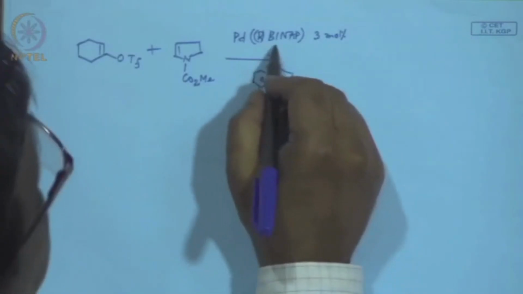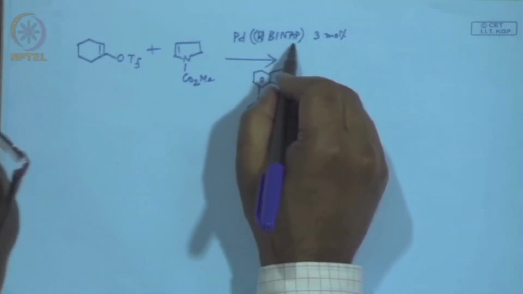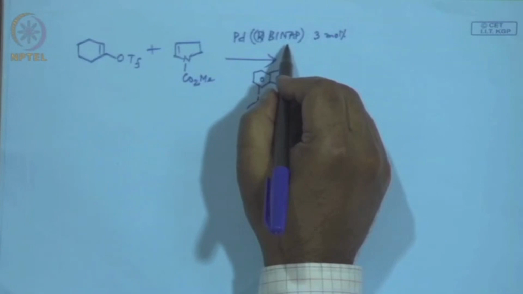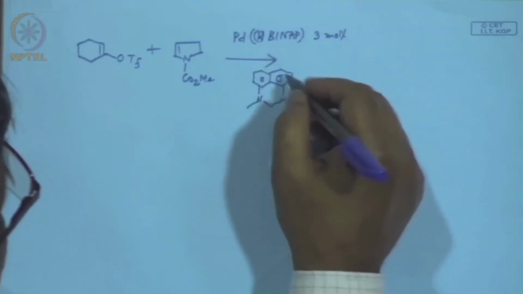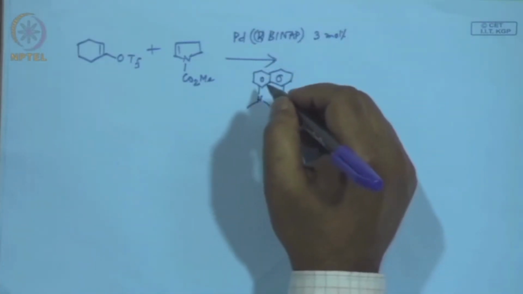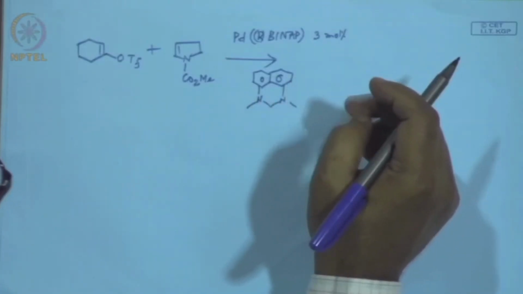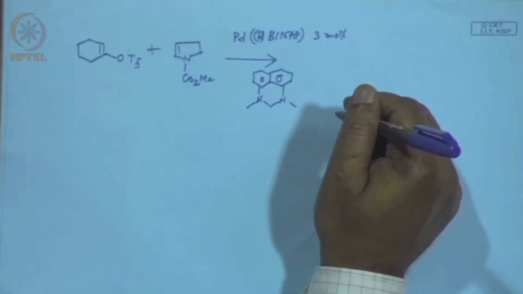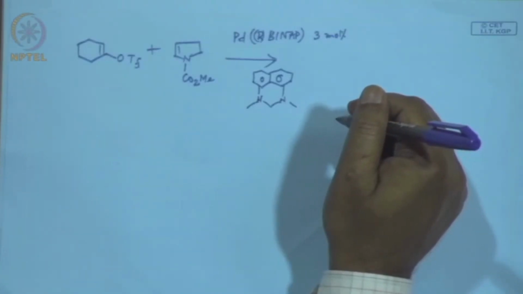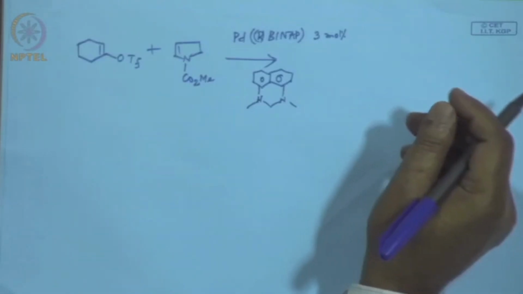So, all of us know this BINAP, R-BINAP means basically to introduce this chirality in the final product, and binaphthol phosphines. These amines are normally given, so you have to understand what is the use of amine. What is the use of amine? These are the things you have to take note of. Then in a reaction of this kind, you have to have the right catalyst, you have to write additives also,